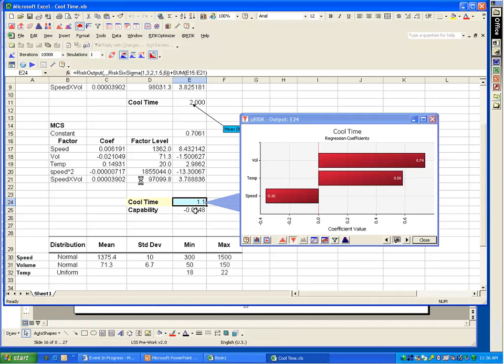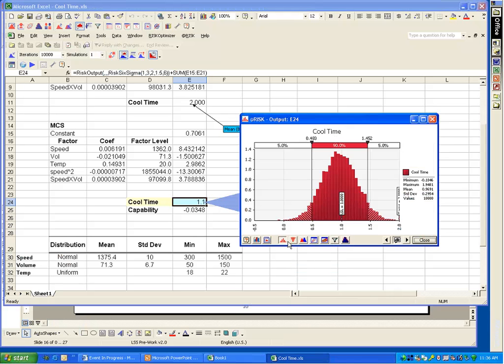We've gone below the target. Actually the capability is negative. See the 1 second, the 2 seconds is out here. At this point, what I would do is adjust the